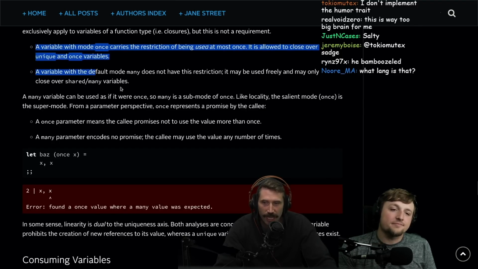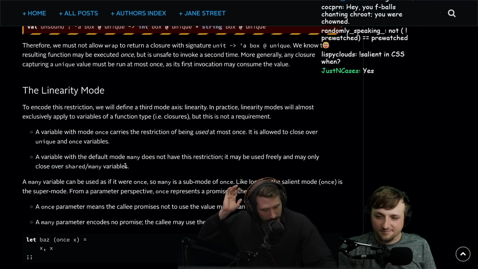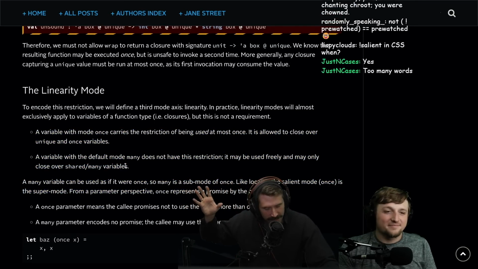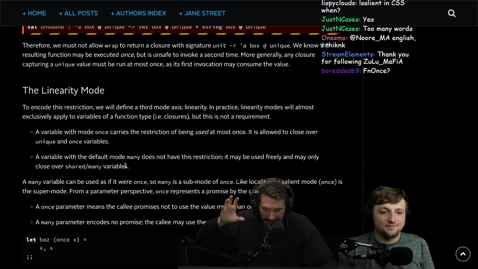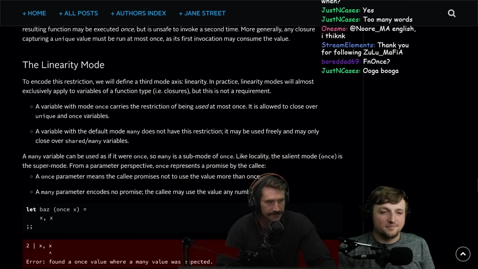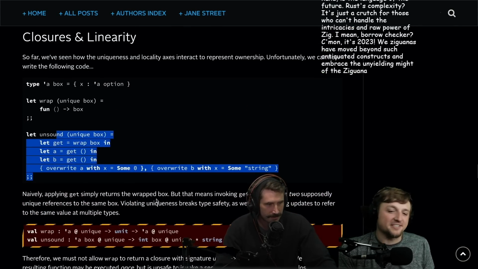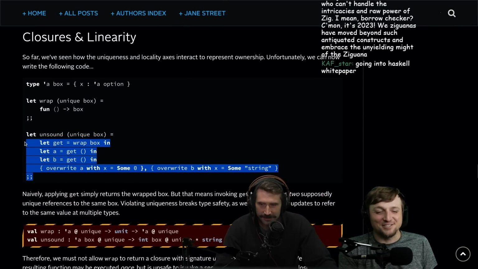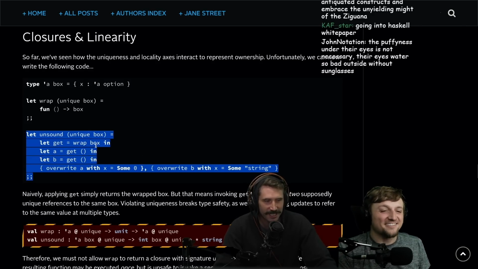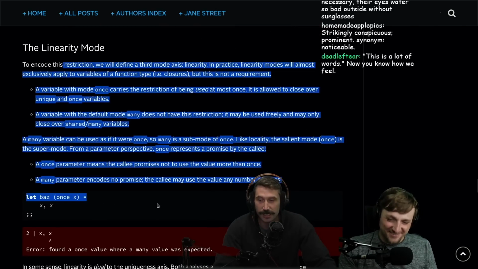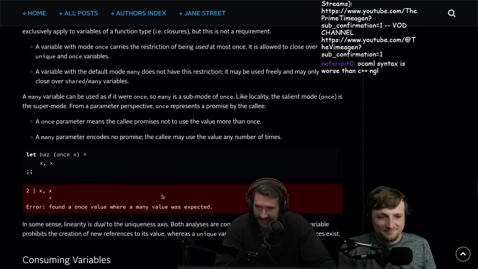Okay, so this is a lot of words, and I think it's very hard to see. I've always been very bad at understanding abstraction first and then principle to action. I'm much better at understanding action to the principle. Yeah, they should have shown this code first and then done the long explanation, because you'll see the error and be like, oh, this makes sense. It says you can only use it once. That's why I can right away say, oh, we need a once. I can say it right here just by looking at it, and then they explain it, and I'm like, I don't know what this says. I know what you're trying to do, but I don't know what you're trying to say.